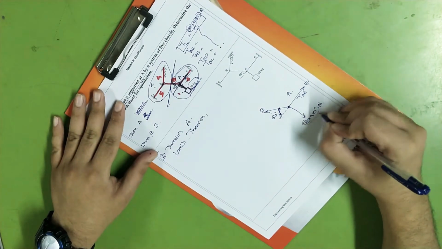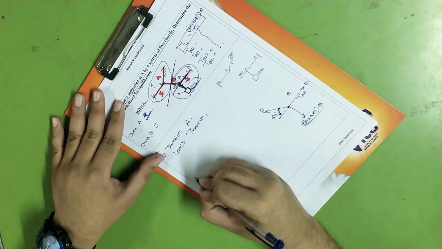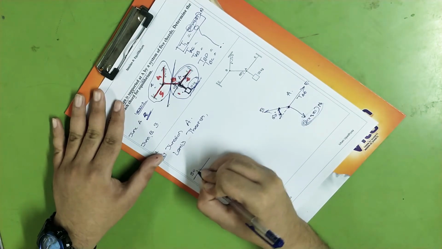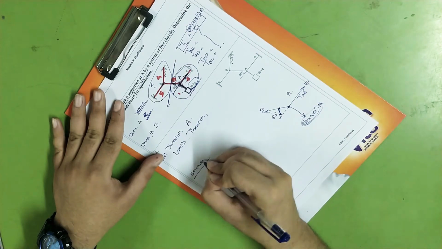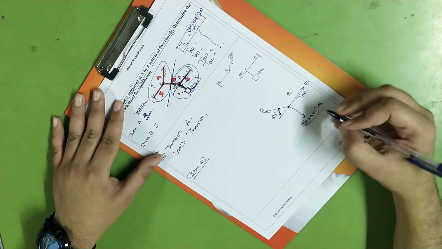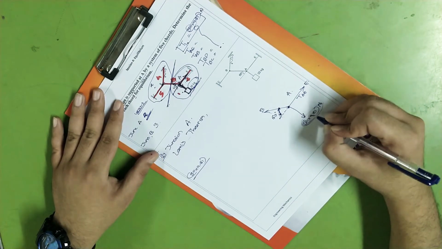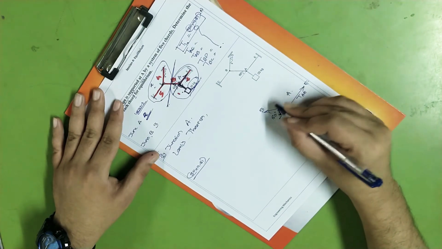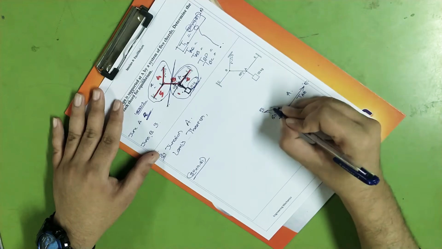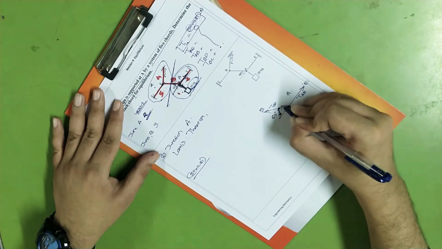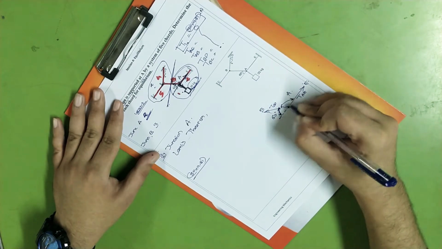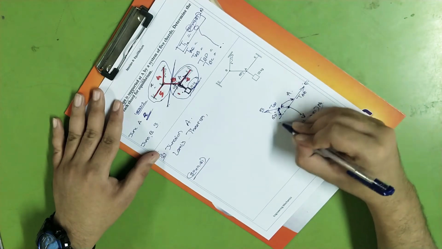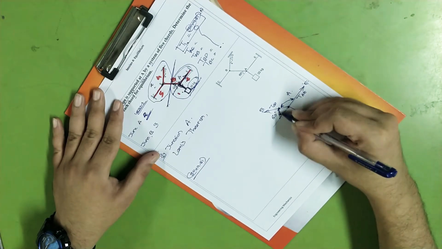So let us start with the first force, that is what? 30 into 9.81. So this is the first force, 30 into 9.81. Okay, so what is the angle made by the other two forces? If we leave this force, then these are the two other forces, tension in AE and tension in AB. So how much angle is made by these two forces? Can I say it is 180 minus 60.